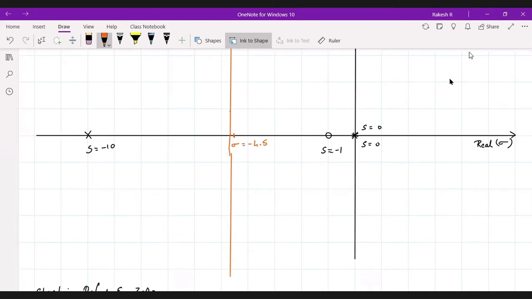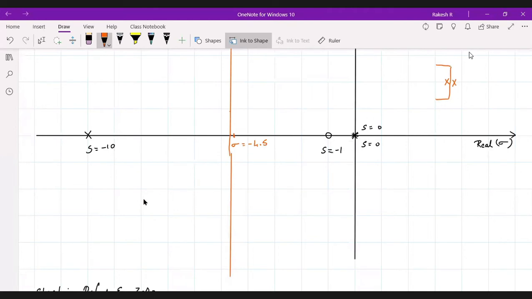That means one is 0.0 something like 0.09999, and one is 1.00001 like that. That means there will be two roots like this. That means it is on the same point only. So what we need to consider? We need to consider in between these two whether the root locus exists or not.